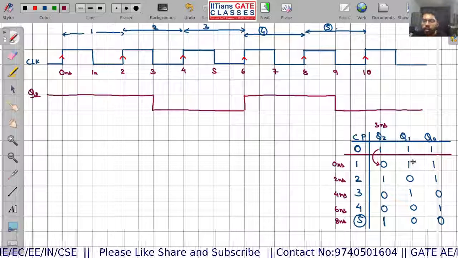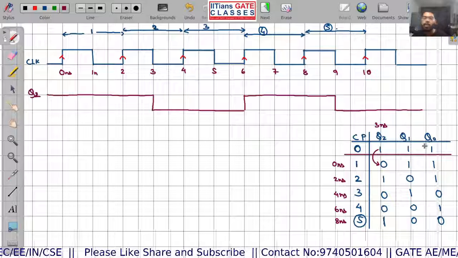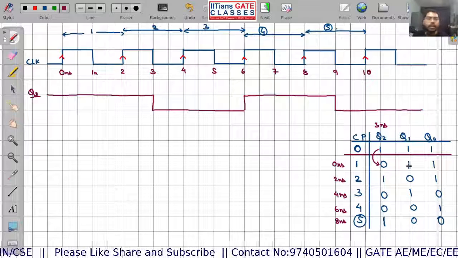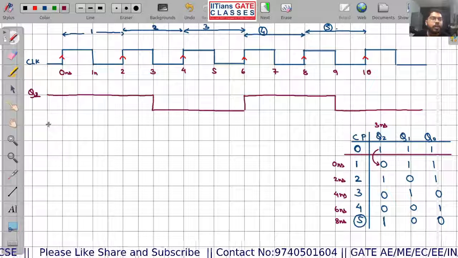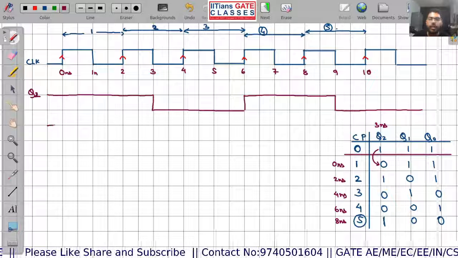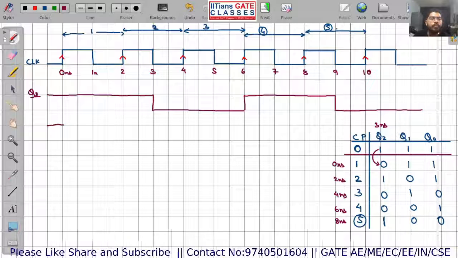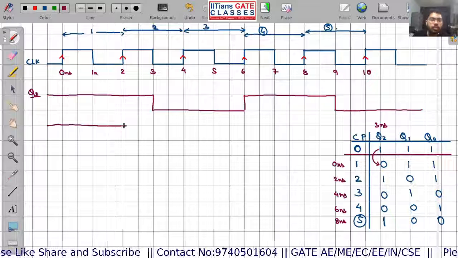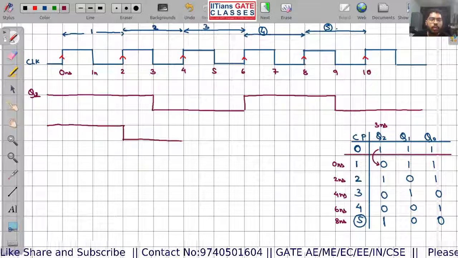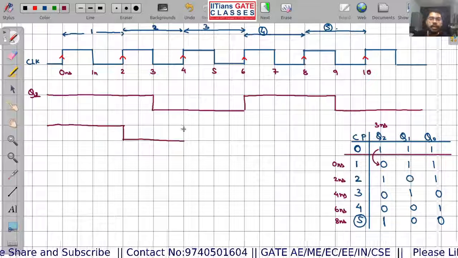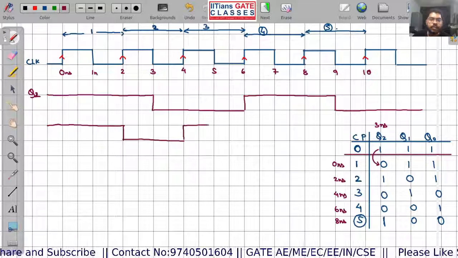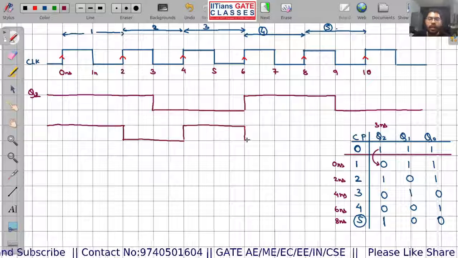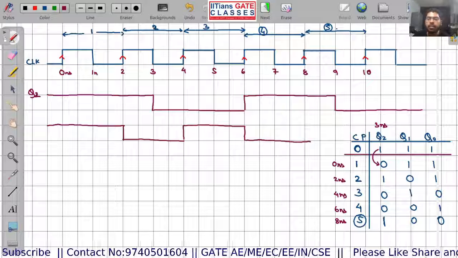Now what about Q1? Q1 and Q0 are not the delayed version. I am simply going to draw it. So at 0 nanoseconds Q1 is 1. Previously also it was 1. Now at 0 nanoseconds it is also 1, and this will continue till 2. Now it goes back to 0. So for the remaining clock pulse it will be 0. Then again it is 1, again 1 for one more clock pulse. Then again 0 back to back for 2 clock pulses. So this will be 0.